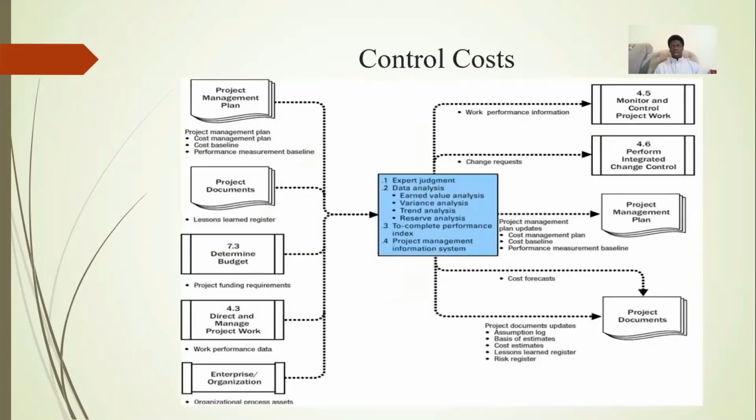Control cost. Evaluating all the spent and earned money during the project, changing the budget based on the risks and all unknowns, problems that occur during the progress of the project. The outputs are, as usual, some change requests, work performance information, updates to the project documents if needed, and to the master plan. Next,